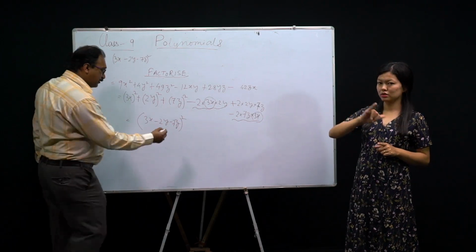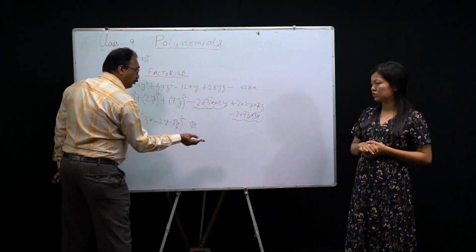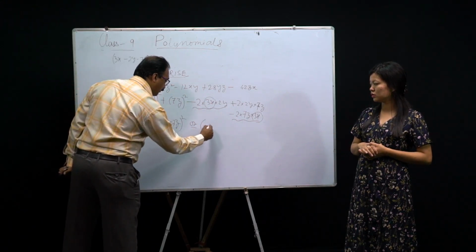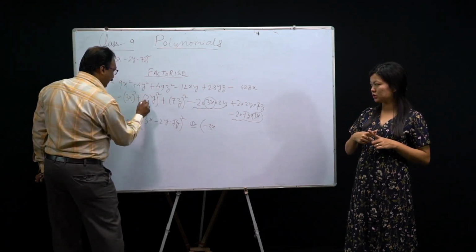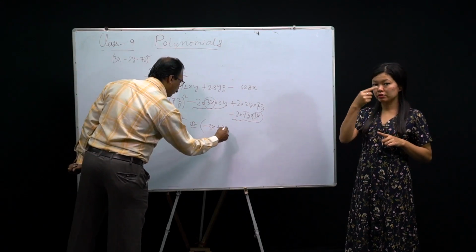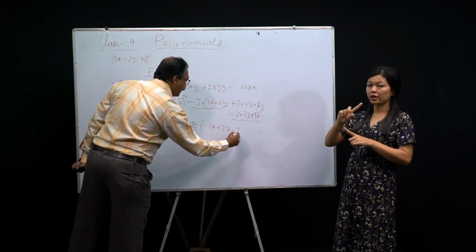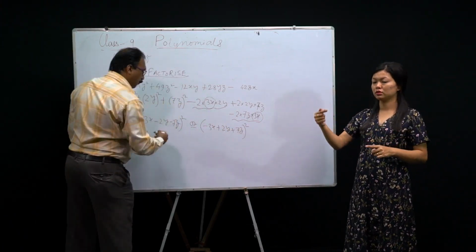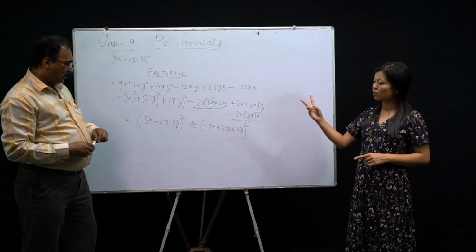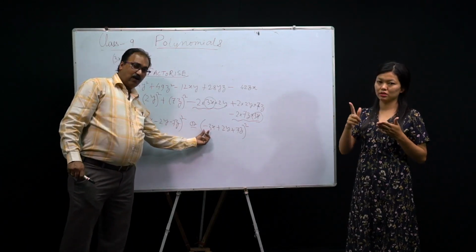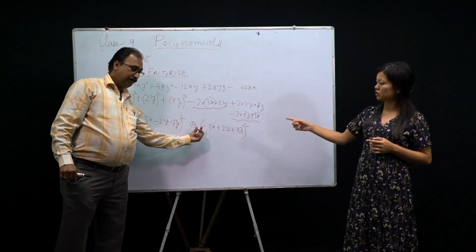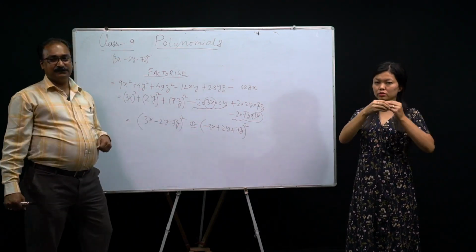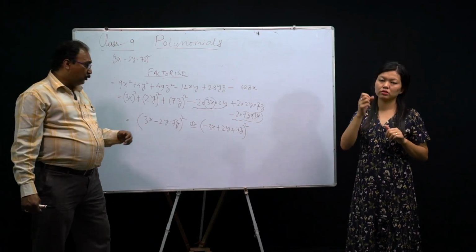Clear? Or someone can write, what I told you, or you can say 3x is negative, then the others are positive. So someone can write minus 3x, and if it is minus, the other 2 plus: minus 3x plus 2y plus 7z whole square. Both are correct. It looks a little awkward because of the minus sign in the beginning. But if you expand it, you will get the same answer. Do you follow me?